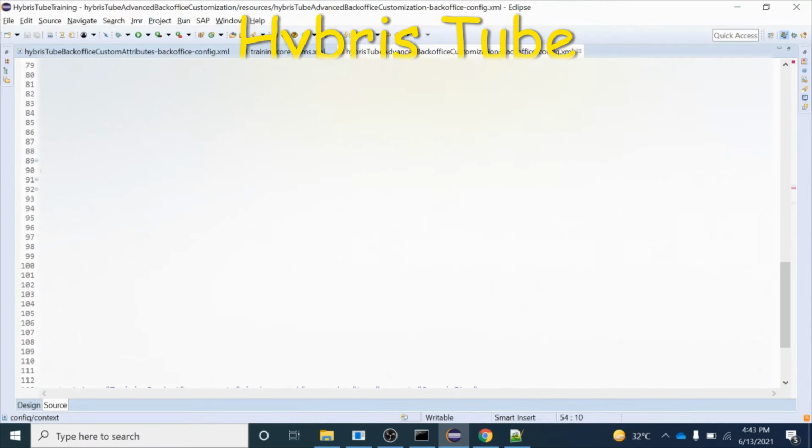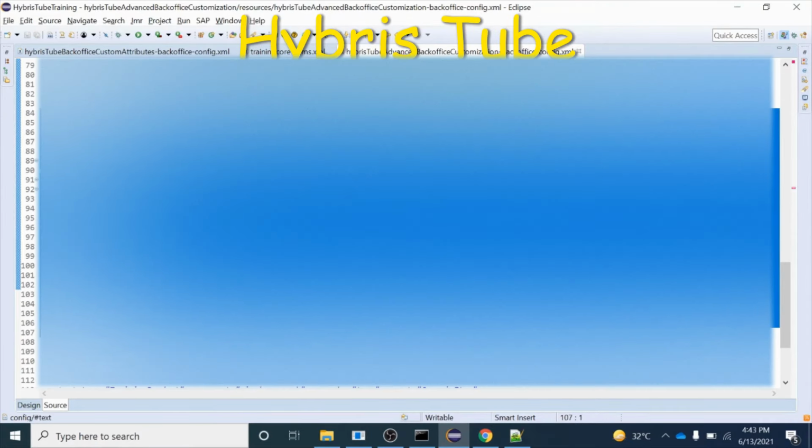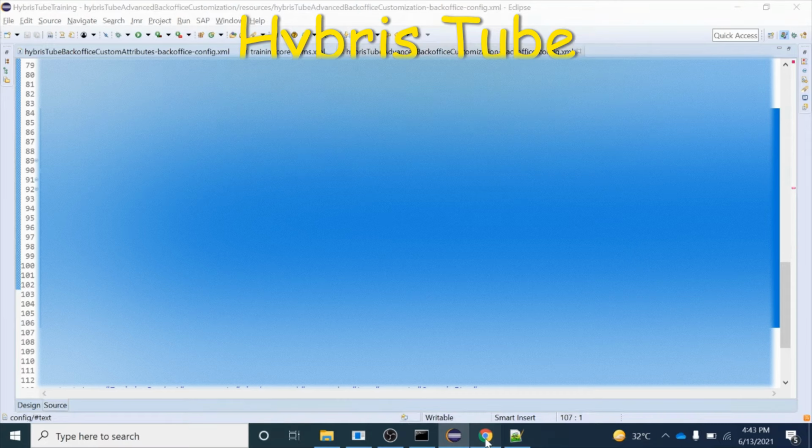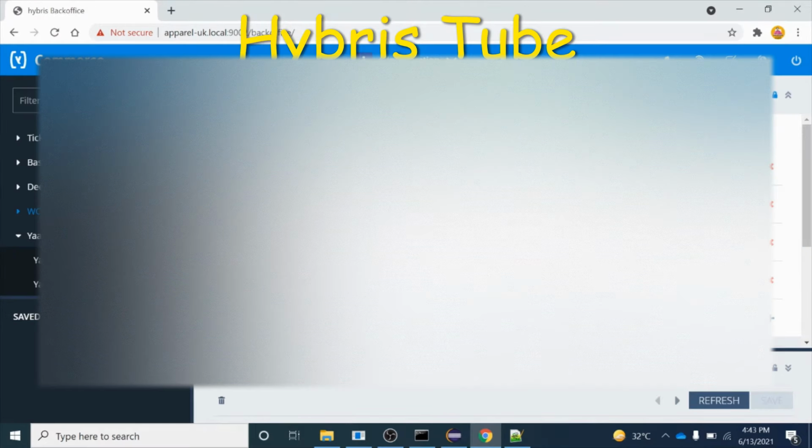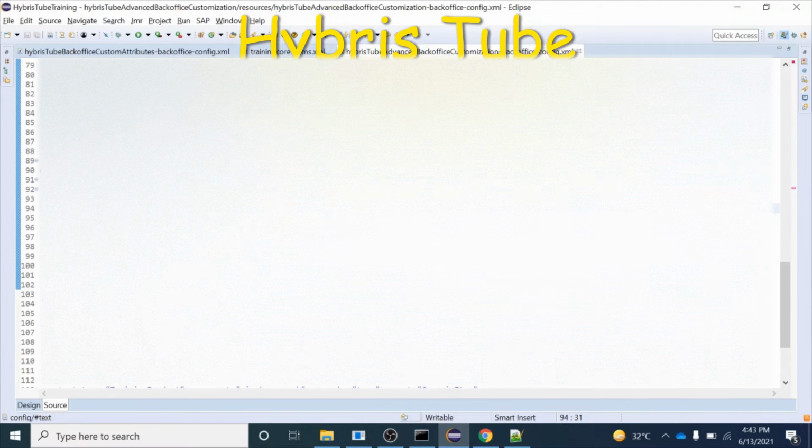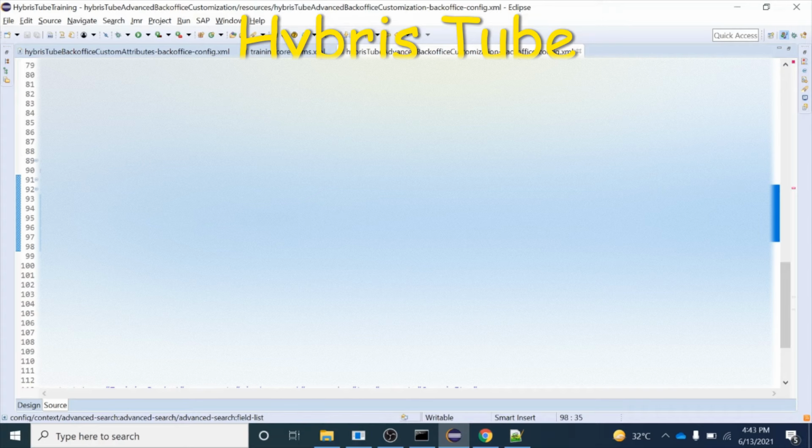And then guys, this is the section for the advanced search. Over here, whatever attributes need to be in the advanced search, we have mentioned those. And what the comparator should be, equals, contains, or something else, we have mentioned those over here. You can see for some I have written the operator as equals, and for some I have written contains.